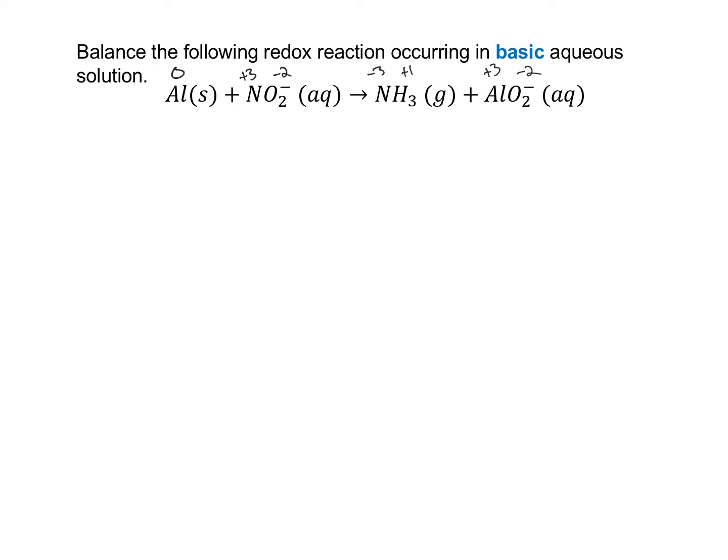So we can see the element that was oxidized was the aluminum, and the element that was reduced was the nitrogen. So my oxidation half reaction is going to be aluminum goes to AlO2 minus, and my reduction half reaction is